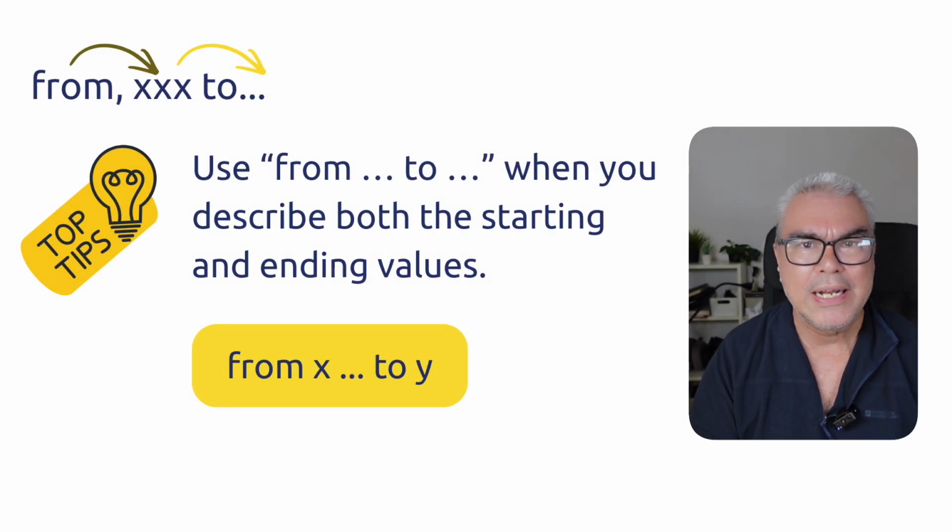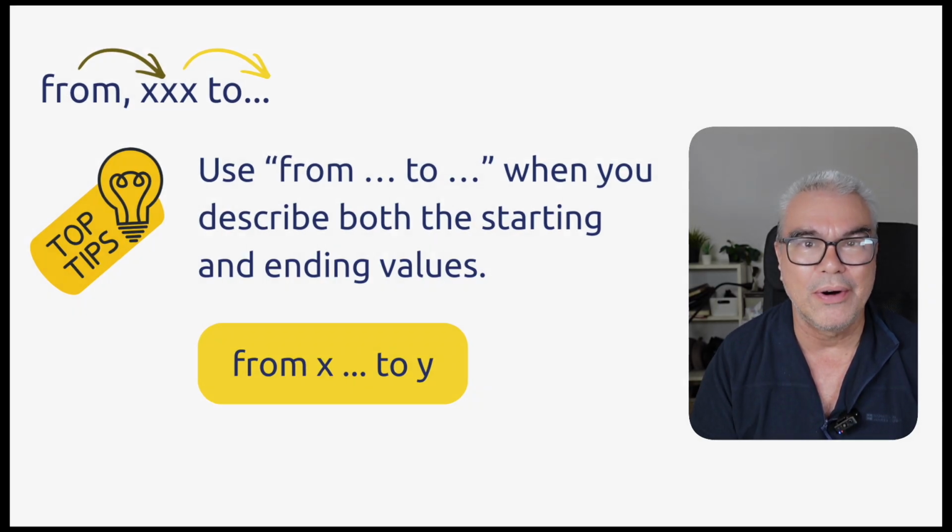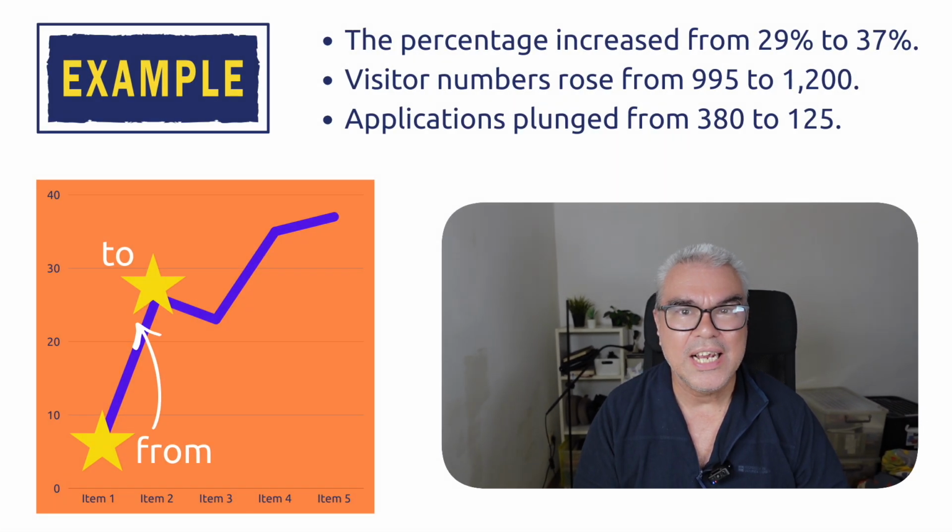The third type of preposition you can use is from with to. So this preposition describes a range. Use from and to when you are describing the starting and ending of each data point. Here are some examples for you. The percentage increased from 29% to 37%. The visitor numbers rose from 995 to 1,200. Applications plunged from 380 to